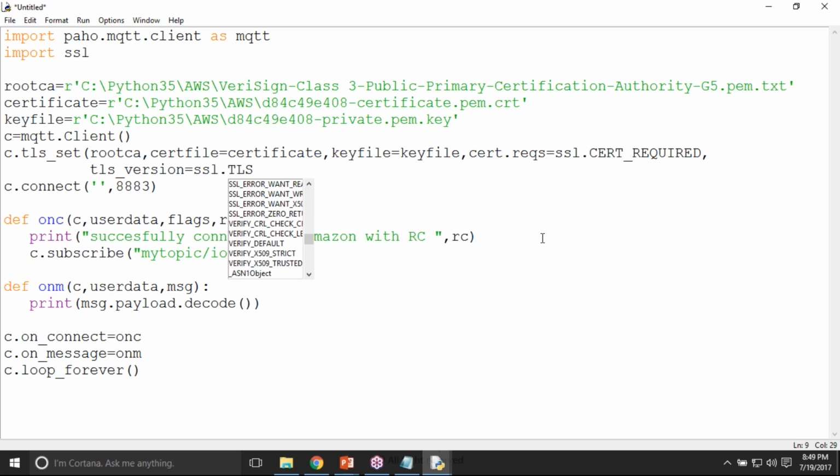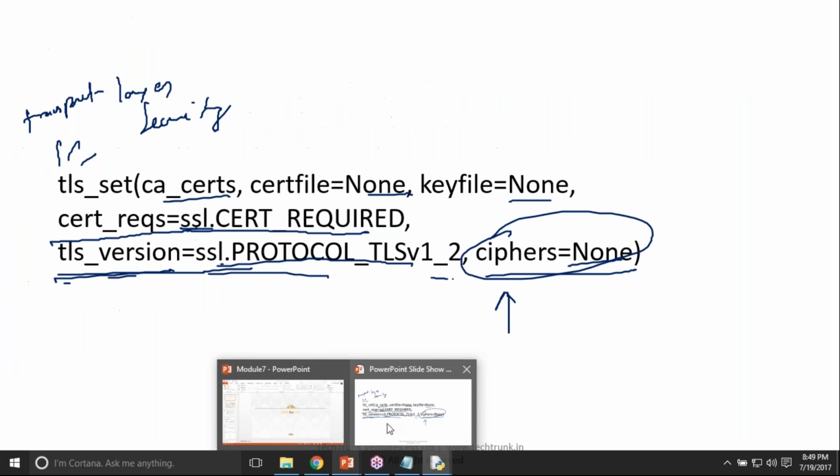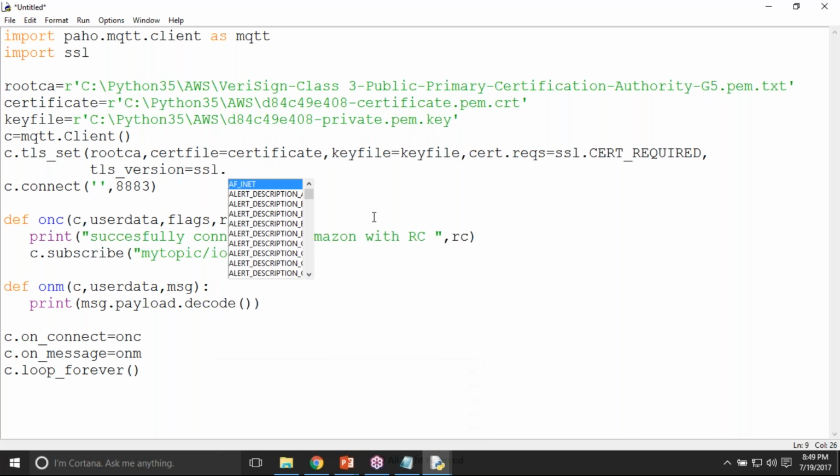Let me just check what the parameter is here. The parameter is ssl.PROTOCOL_TLS, and V1_2 it is actually. So you put V1_2. So ssl.PROTOCOL_TLSv1_2, and comma,